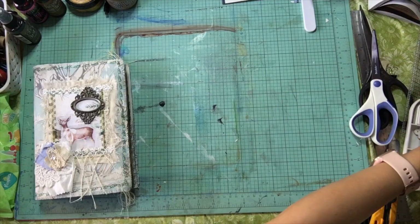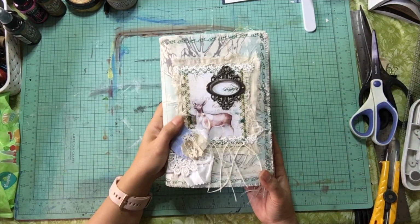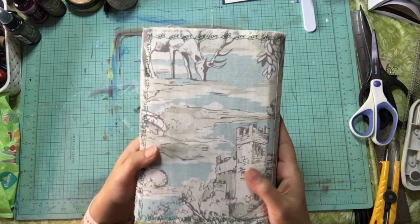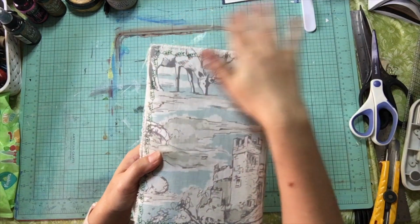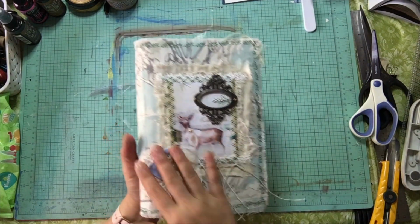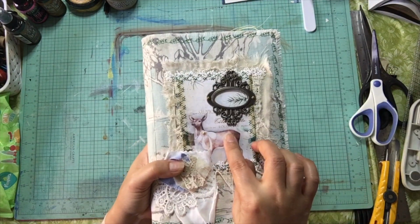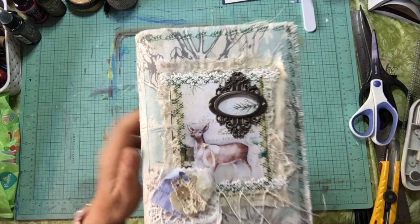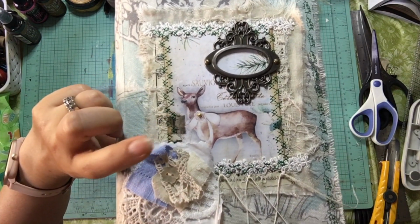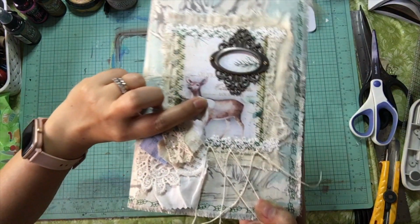So let's talk about the soft cover daily journal for me for December. I had this fabric that I've been hoarding for myself because I love it so much. Everything in here is all my favorite: blue, white, and yellow. I used the photo from the antique papery and I added teeny gold beads, like half flat back beads,